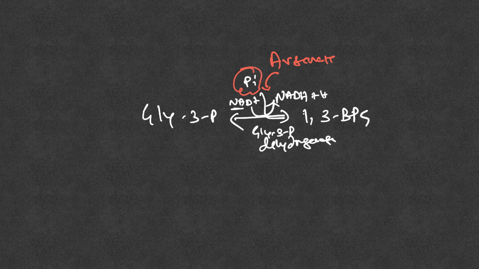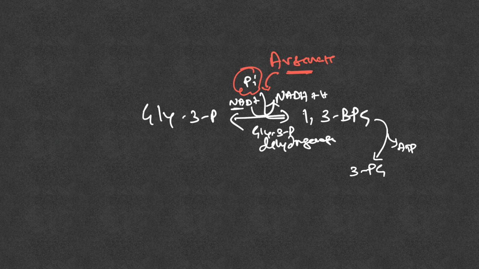In the presence of arsenate, it directly converts glyceraldehyde 3-phosphate into 3-phosphoglycerate, because 1,3-bisphosphoglycerate would normally be converted to 3-phosphoglycerate, and during that